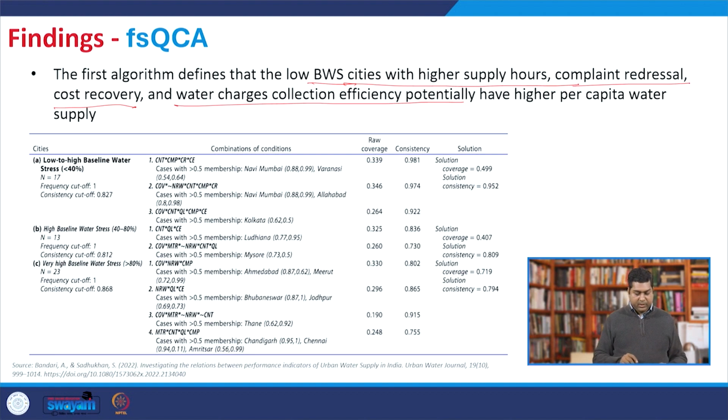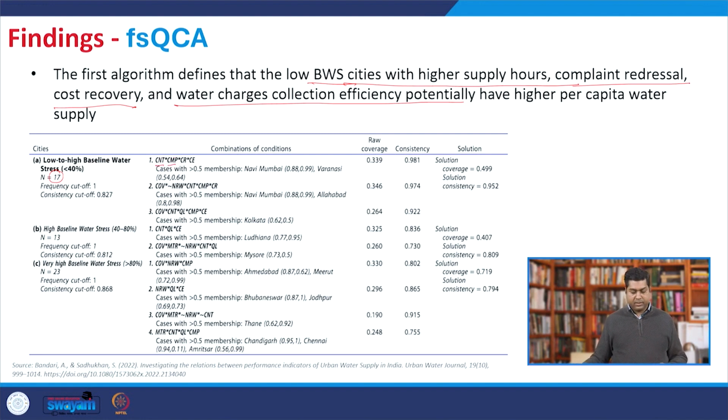In this case, we were able to identify 17 cities where the baseline water stress level is less than 40%, and we have the combination of conditions where we have taken continuity,